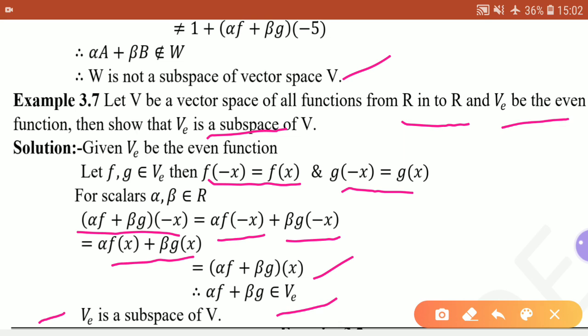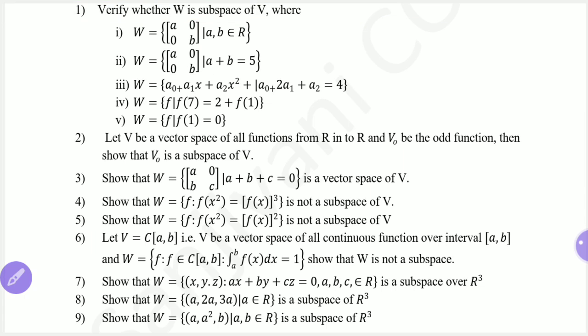So in this way, in the definition we have two types of conditions. Whatever suitable condition you can apply there, you apply it and try to show whether the given set is a subspace or not. Okay, so these are small problems. Only in 4-5 lines we can derive whether the given set forms a subspace or not. Some examples for practice I am going to give. Try to complete them at home. If you need any help, you can ask me.